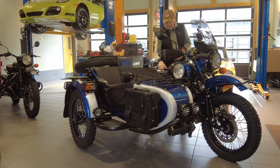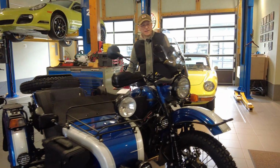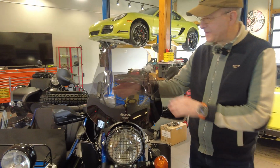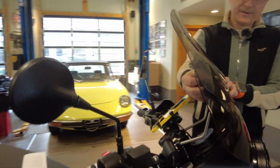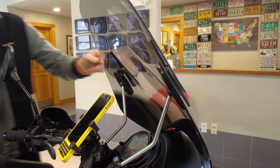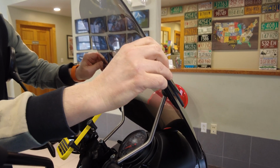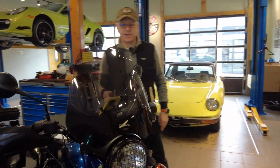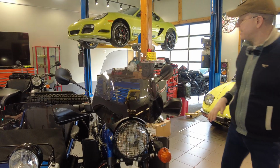So we're gonna start with a rider adjustable windscreen, this one. And it has a smoke tint to it. And the adjustable feature is really, really simple to use. It is very nice and functional. And you can see how this would slide up and down. We just need to loosen this up. And there are little washers, so you can see how you can lower it. There's about 3 inches of height that kind of make this